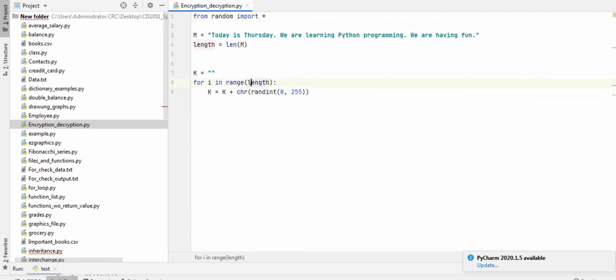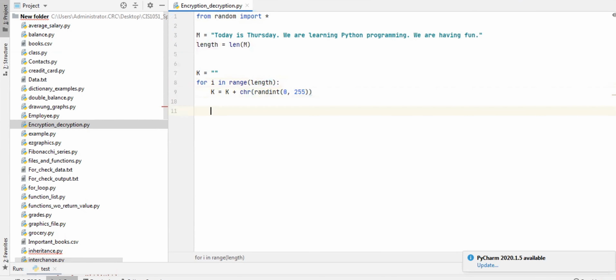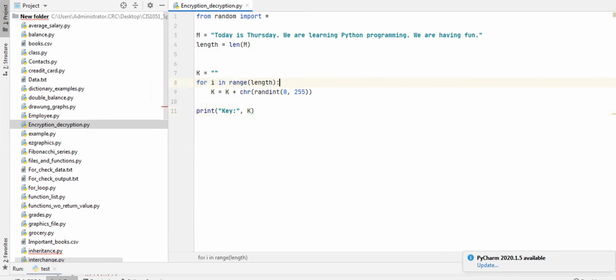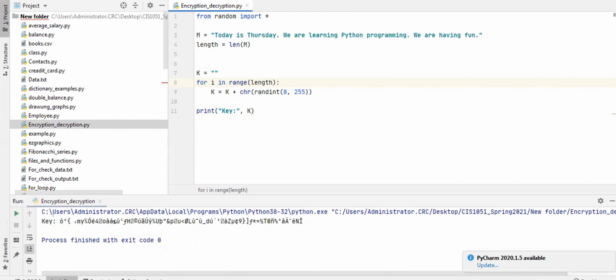All right. So using this technique, I can generate a random key with the length equal to the message length. So let's print and check whether this random key is generated properly or not. You can see that the random key is generated. It looks like this.